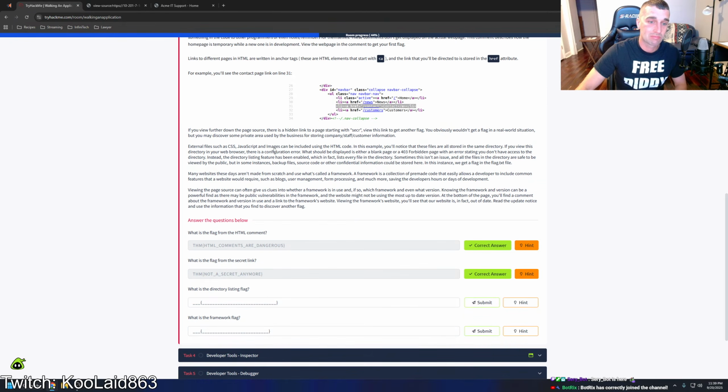CSS, JavaScript, and images can be included using the HTML code. In this example, you'll notice that these files are all stored in the same directory. If you view this directory in your web browser, there is a configuration error. What should be displayed is either a blank page or a 403 forbidden page with an error stating you don't have access to the directory. Instead, the directory listing feature has been enabled, which in fact, lists every file in the directory. Sometimes this isn't an issue, and all the files in the directory